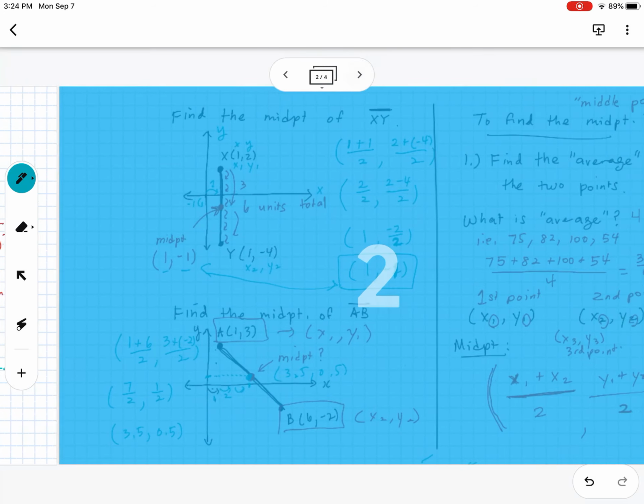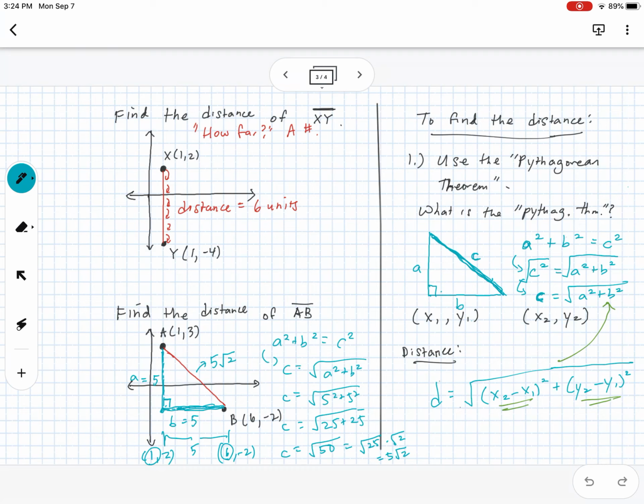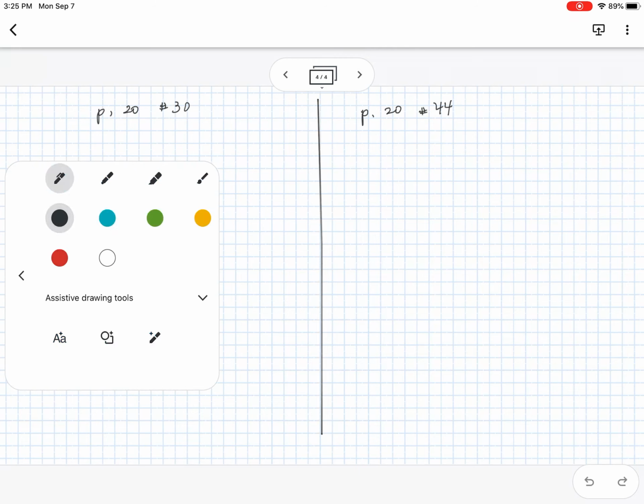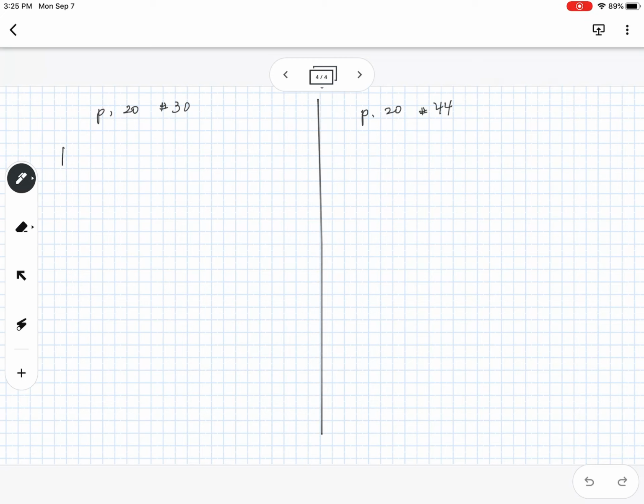Okay? All right, let's just do a couple of examples and then that'll be the end. So page 20 in your books, number 30, it gives you two points. So it tells you that r is -4 comma -6. Then it tells you that m is 3 comma -4. And so the instructions say use the given endpoint r and midpoint m of rs to find the coordinates of